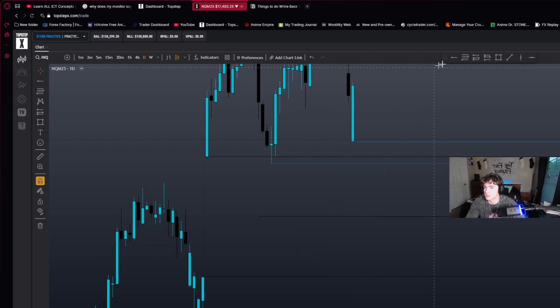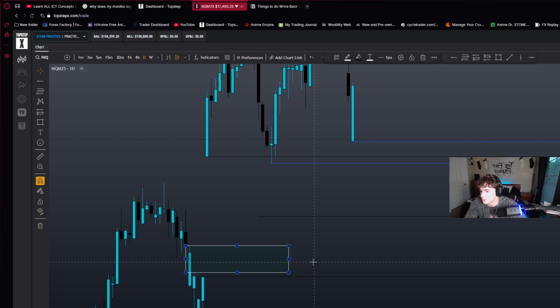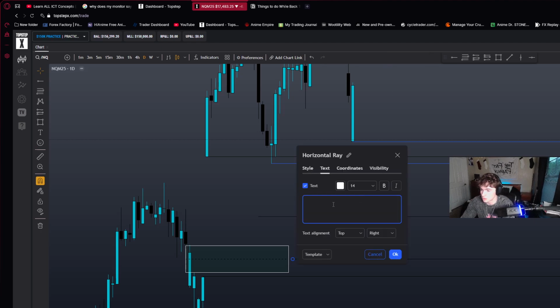We can also get this fair value gap right here. And since it was inversed, we could use this as a confluence for our next trade. I think price will end up hitting that, or reacting off of it, at least we could take profit up here. So we'll place another one right here: CE of the fair value gap that was inversed by the weekly gap.